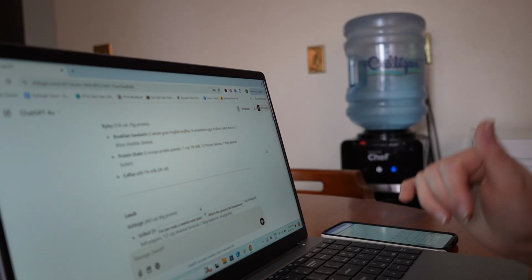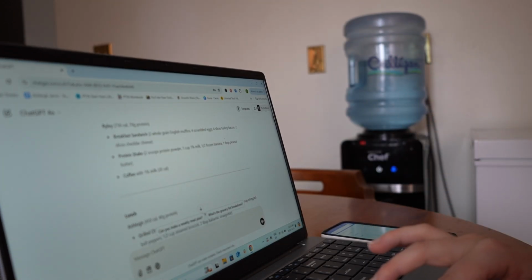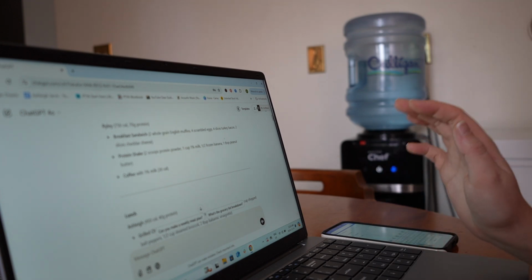I like to make breakfast sandwiches ahead of time, and I just make them ahead, wrap them up, and put them in the freezer. And then he just takes them to the shop and warms them up at the shop. Perfect for him. Now that I have done my process with ChatGPT, I literally just type in all the groceries